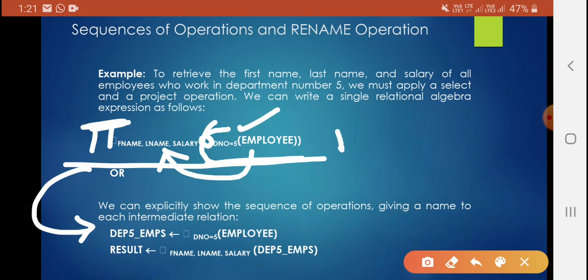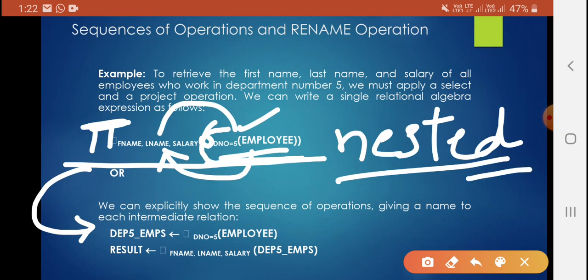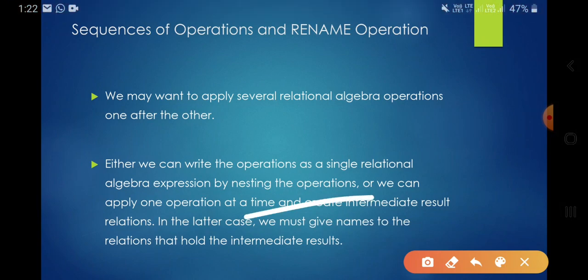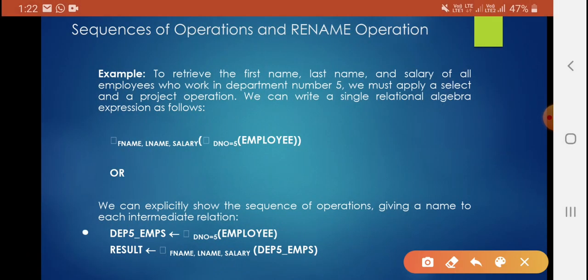I had written here a relational expression that is nested, because one condition is within another condition. Two conditions are involved there. Now what I am doing is separating those conditions and forming a new relation. How am I forming the new relation? Just a minute. If you see this,